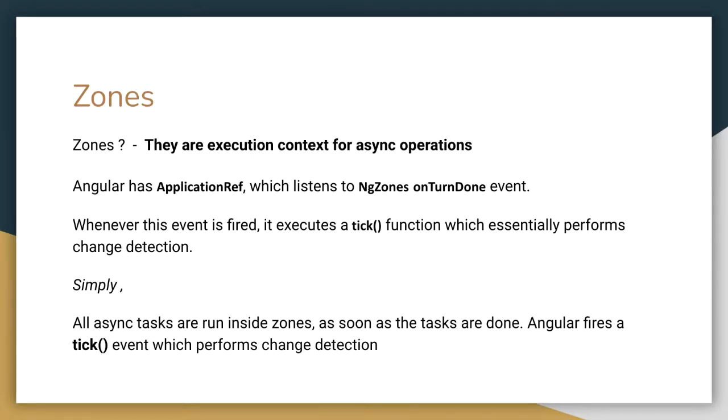As soon as an async event runs inside the zone, the zone becomes unstable. So if I click a button, it creates its own new zone. It becomes an unstable zone, and when the button click is finished, the zone becomes stable. Now, as soon as the zone becomes stable, it emits an event, which is the onTurnDone event. Now, Angular listens to this event and knows, okay, now my async event has finished, and it triggers